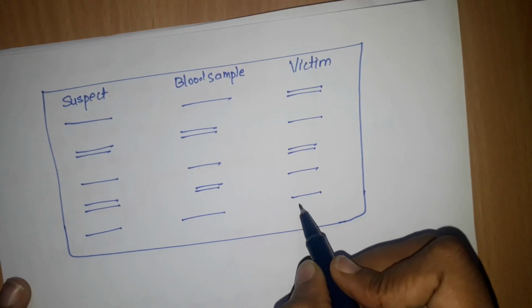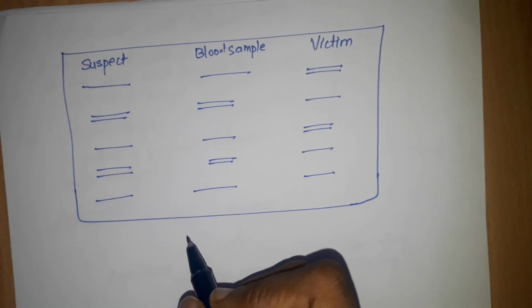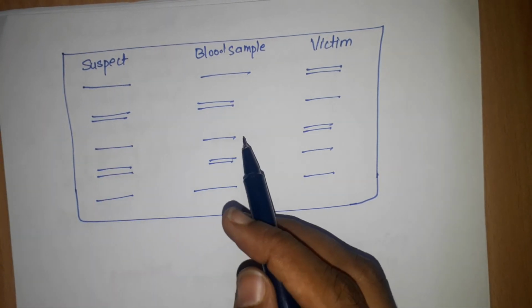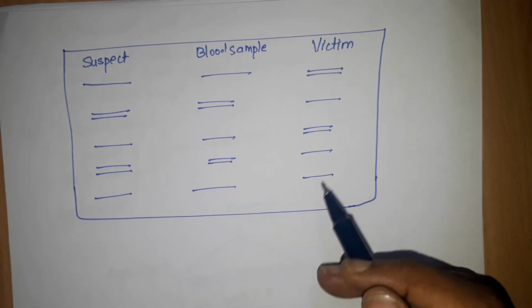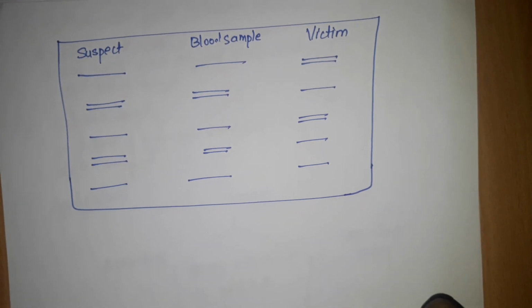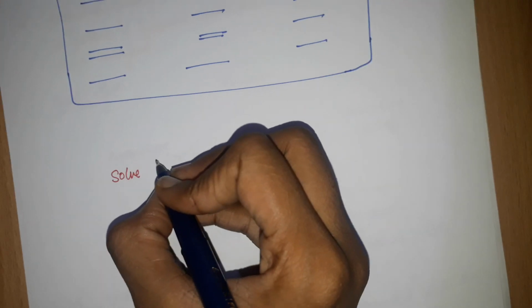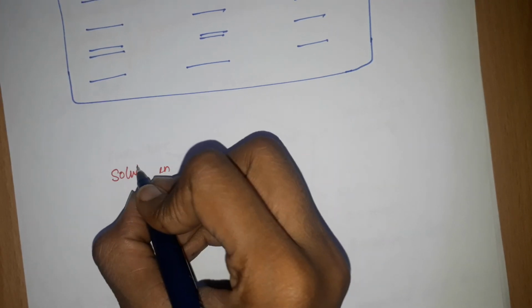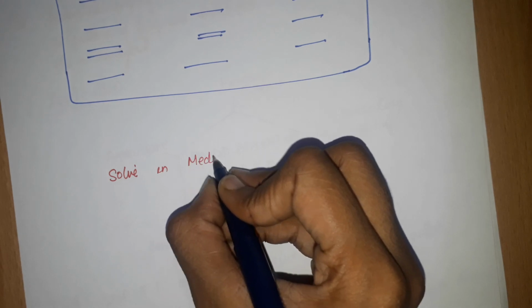This is the pattern they got. From this we can say that the suspect and blood sample are the same and the victim has a different pattern of DNA fingerprinting. And this DNA fingerprinting also solves the problem in medical